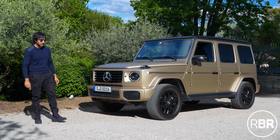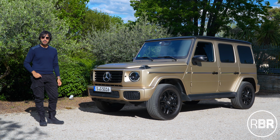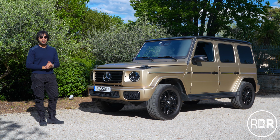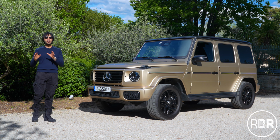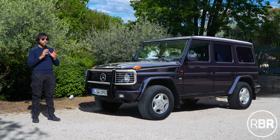Now guys, let's get on to the bigger topic, which is the engines. How big of a deal is it that the G500 is losing the V8? Is it the end of the world? I'm not convinced, because when they originally brought out the 550GE way back in the 90s, they brought the V8